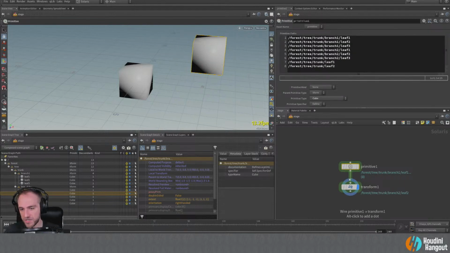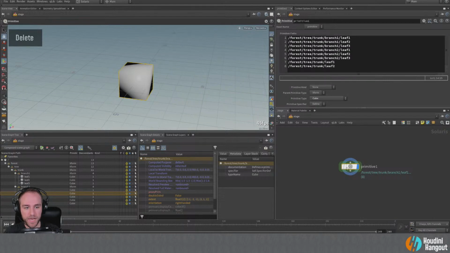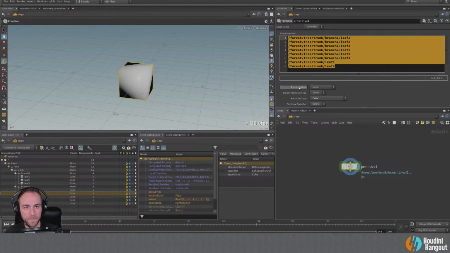But this is a contrived example. It's not super interesting, but what you might do is something like set up a bunch of hierarchy for a shot, right? You might have a bunch of buildings, you could have a bunch of trees, you could have a bunch of anything. You could start building your hierarchy just as a sketch for what you're going to fill in later. So this primitive node is a way to start to build your hierarchy, but it's also obviously a way to visualize what's happening here as well. So this can all be done programmatically as well. You could use expressions and things like that to bring in strings to build those paths.